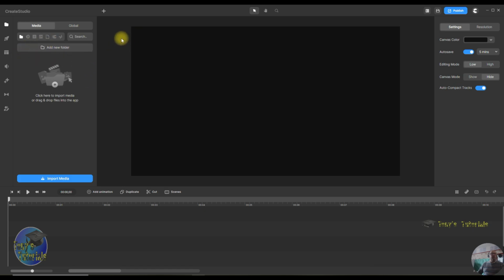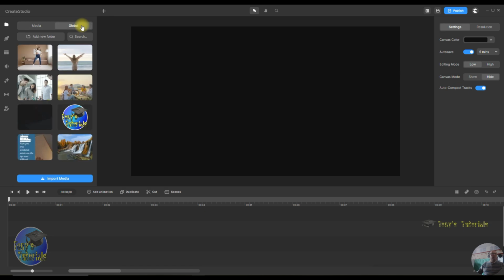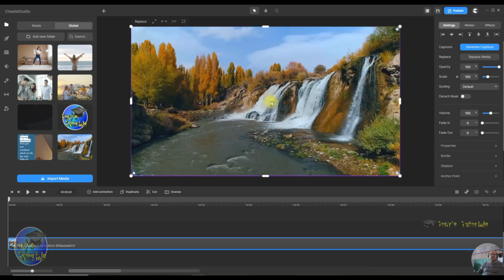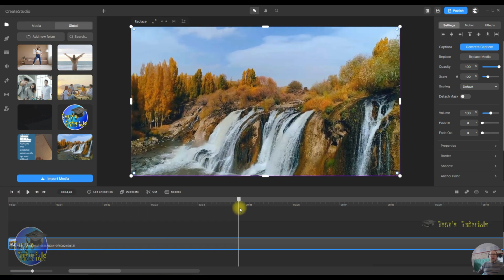I've already downloaded some to save a bit of time, and then in Go Global, so I'm just going to go to global, and I'm clicking on this one with my left mouse button, and I'm going to drag that across by holding the left mouse button and releasing it to drop it onto the canvas. Right, as you can see, where my header is, that's where the element landed. So if I move my header somewhere else, and we go on to the